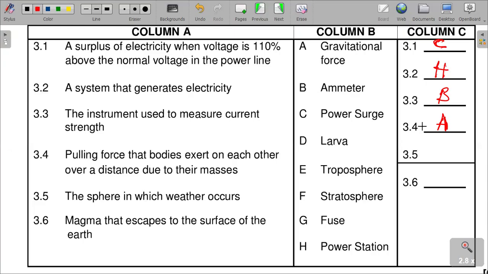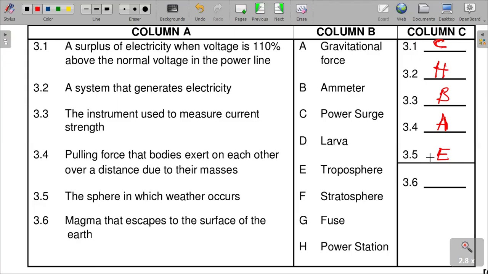Is gravitational force. 3.5, the sphere in which weather occurs. The sphere in which weather occurs. Weather occurs in the sphere what? It is in the troposphere, which is letter E. And then the last question, number 6,